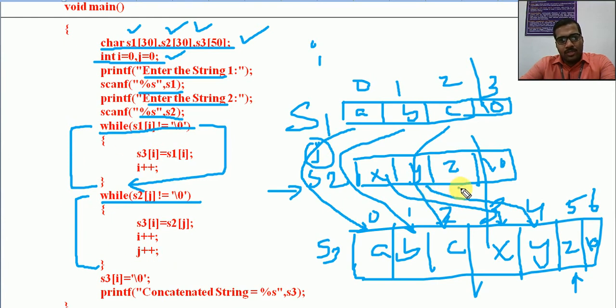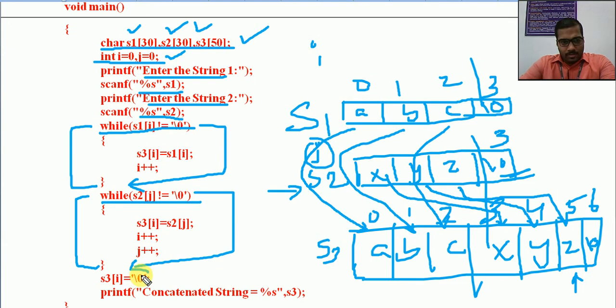Then S2 of 2 is assigned to S3 of 5. Again i is incremented, so it will go to 6. Now the value of i will be 6. j will be incremented, and when it increments j, it will reach the third location, that is \0. So it will exit from this loop also.